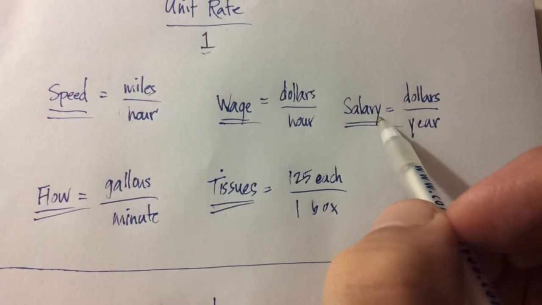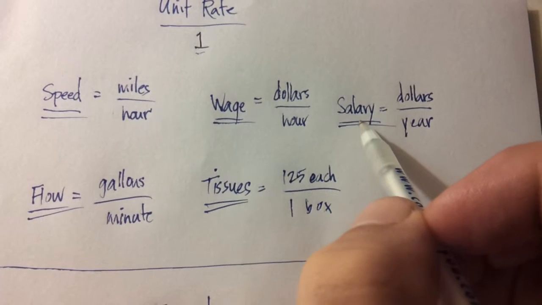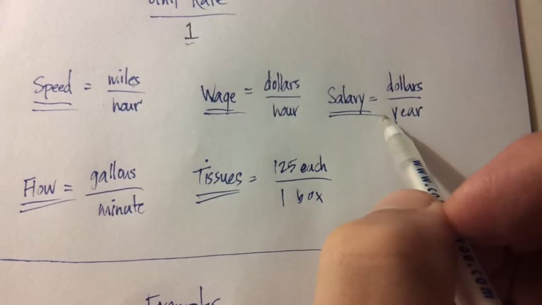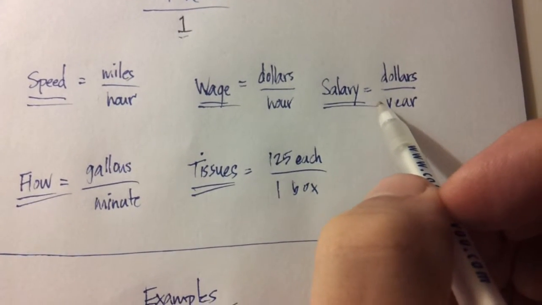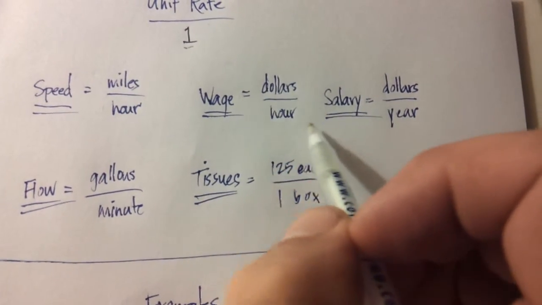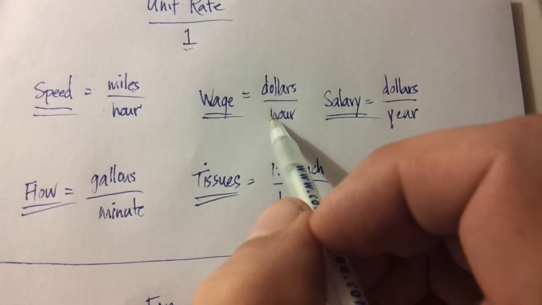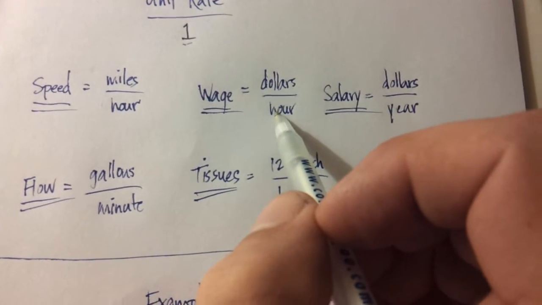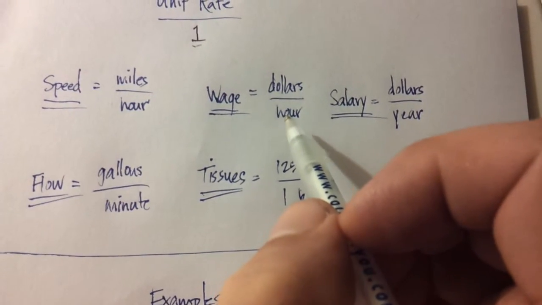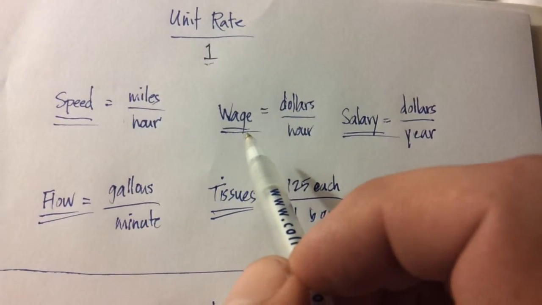Another way that compensation is given to you is in, say, a salary, where they tell you you'll make so many dollars per year. So in 1 year, they say you'll make this many dollars. Now, if you're doing that for dollars per hour, you'd say, I work this many hours per day and this many days per week and this many weeks per year. So you could calculate dollars per year using this. All you need to do is start with your unit rate and then multiply out.